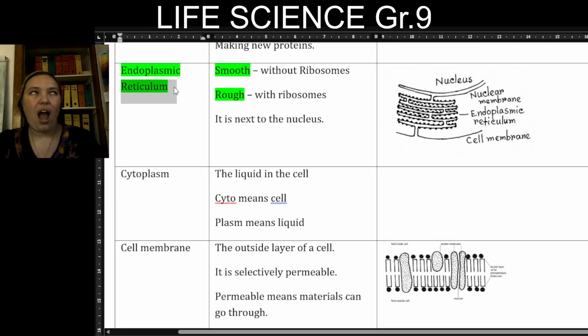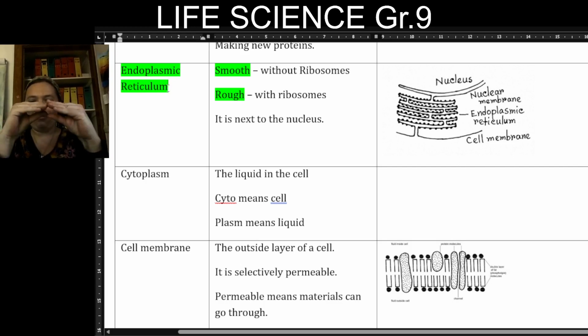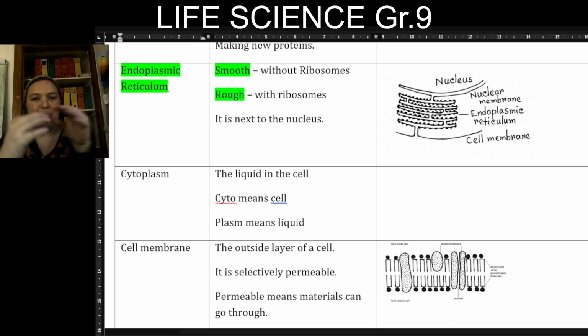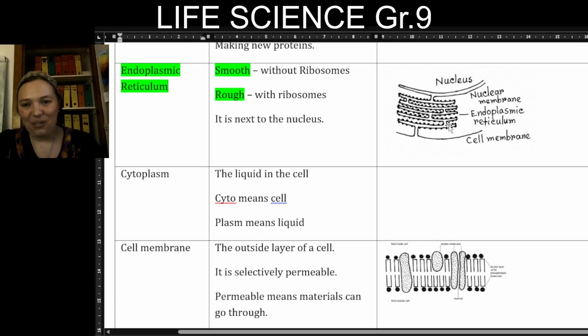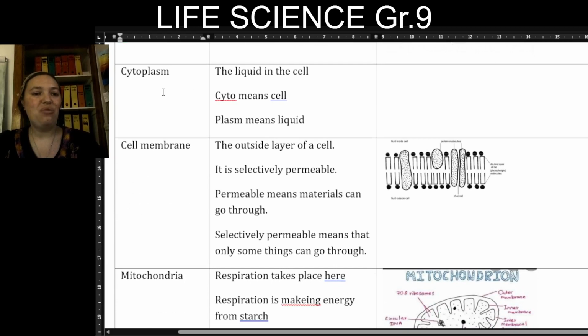Reticulum, to be honest, I can't remember what it means right now, but it's basically like flat little bags, all connected to each other. You can see here where my mouse is, there are like bridges between them, they're all connected. Okay, then the cytoplasm, we said, is the liquid in the cell,